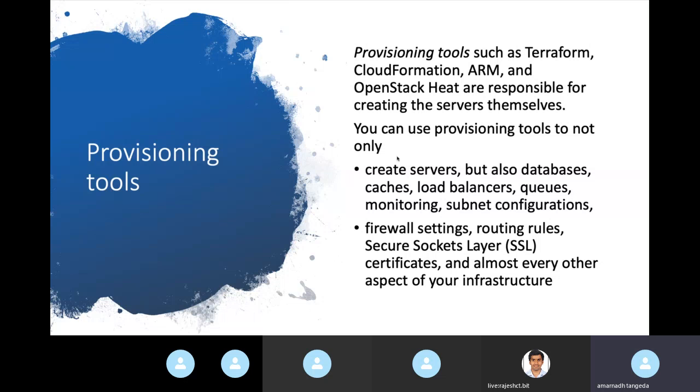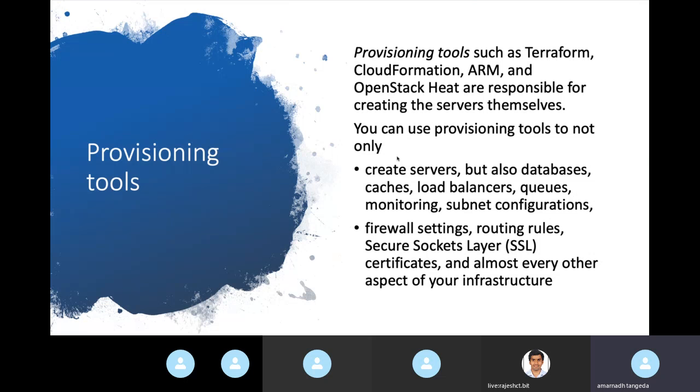Provisioning tools not only create servers, but also databases, caches, load balancers, queues, monitoring, subnet configuration, firewall settings, security certificates, and everything you need in your infrastructure. If I need a database, a server, any security certificates, any firewall requirements, any networking requirements, everything can be automated using provisioning tools.